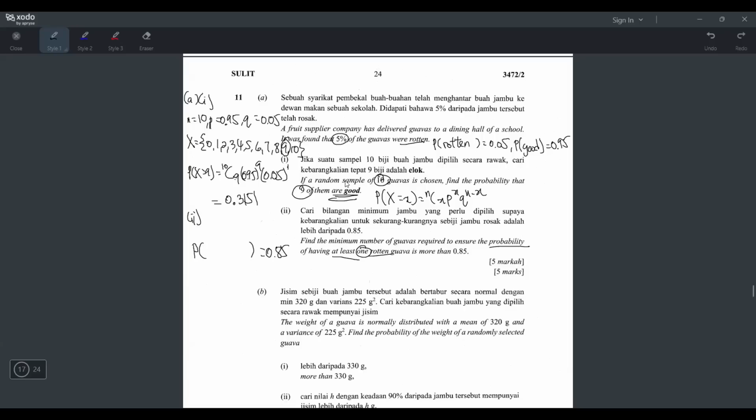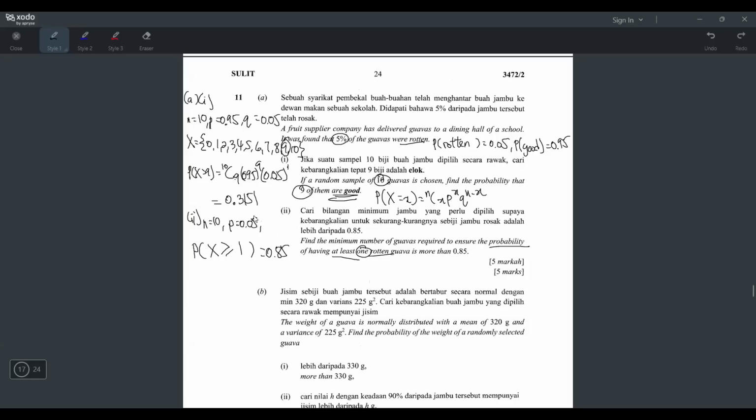At least one rotten. So we can let X be the guava, right? And then at least one. What symbol will you use for at least? At least one means bigger than or equal to, so X is bigger than or equal to 1. But you have to be careful here because later your P is not 0.95 anymore. Your N is 10, but your P becomes 0.05 already, because now